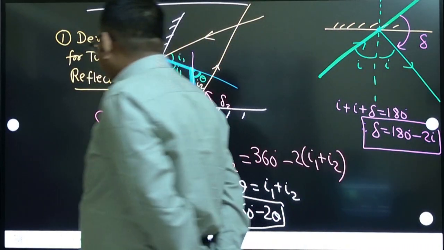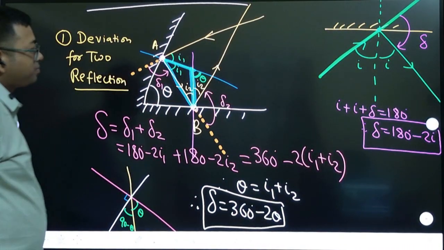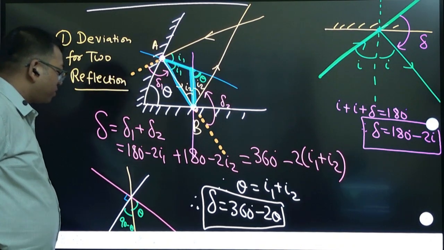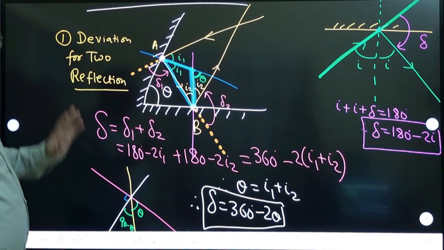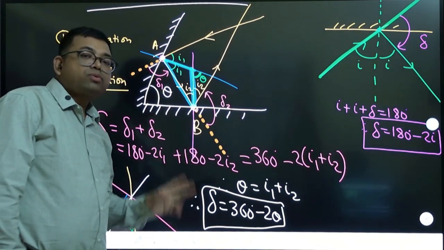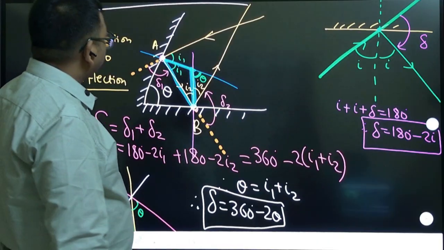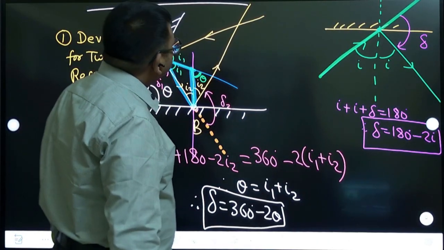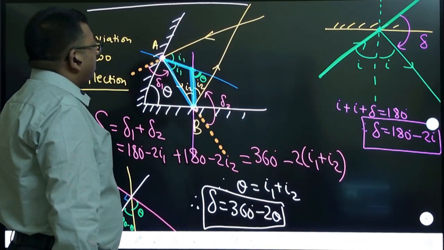Okay, sure, let us go next. So we got this deviation formula for two reflections. Then shall we go to the next topic? Yes. In this, what is the next thing? Next thing is that